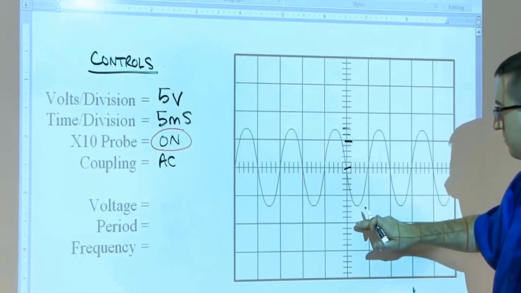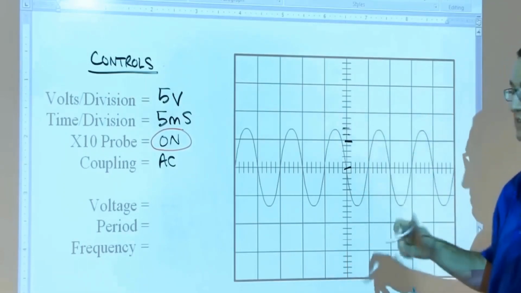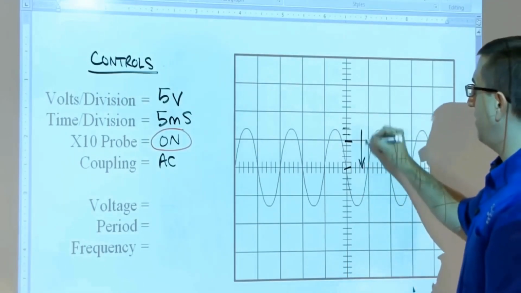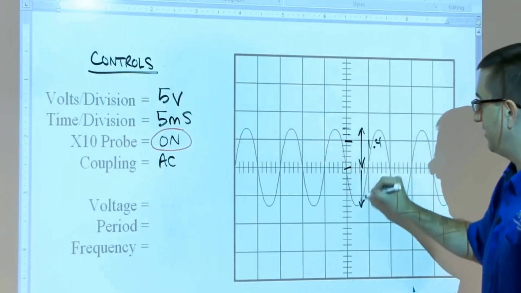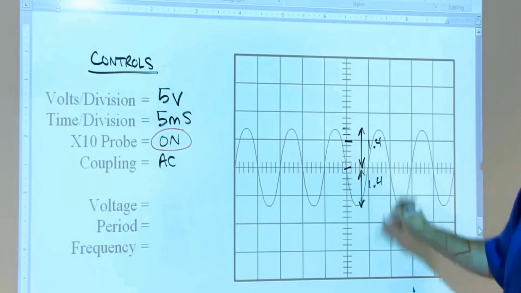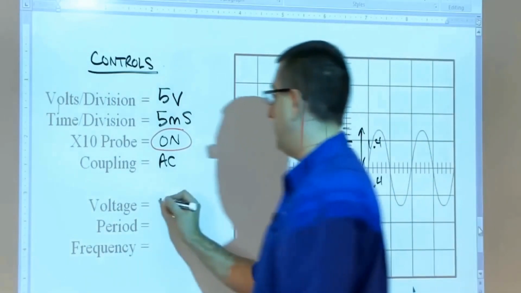actually move this down a little bit and just look at it from a particular line and count up with the portions. In this case, I'll count up how many there are. It's 1.4 divisions up, which in this case, because it's centered on the 0, it's also 1.4 divisions down. Yep. So that's going to be a total of 2.8 divisions